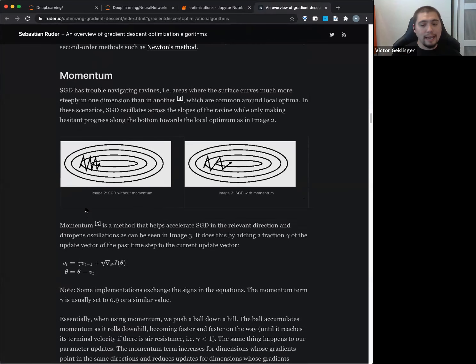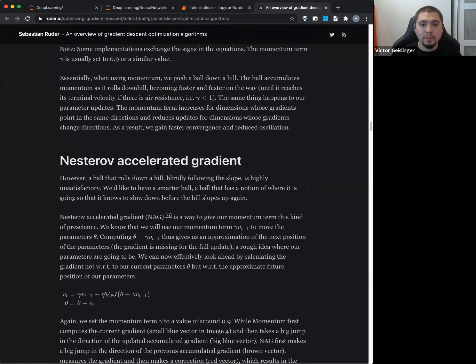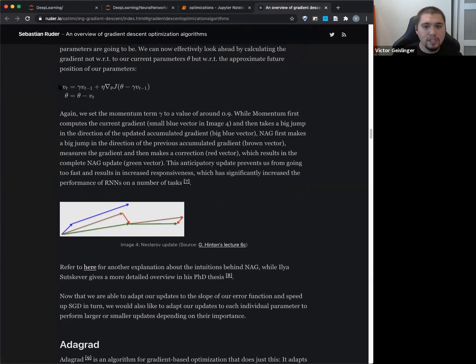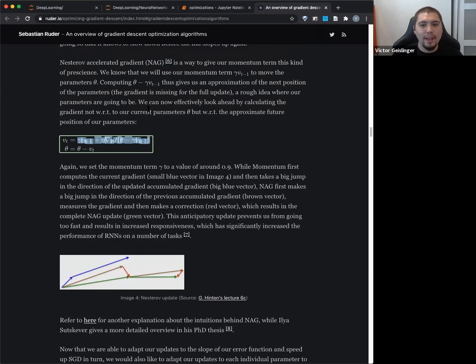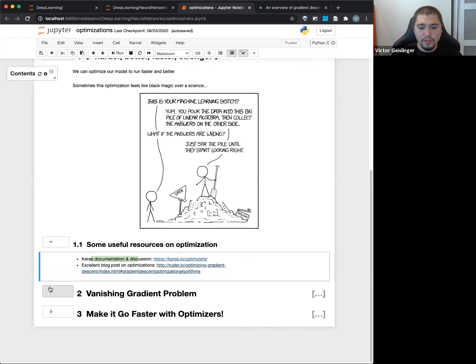So if you're looking for an extra resource on top of whatever the curriculum has and things you've come across, I really like this blog. They talk about a lot of these optimizations, and it's nice. I like when they show you equations, even if you're a little more math averse, which I think most people here are at least interested in looking at the math. It helps to look at the math and see what exactly is going on. What's really nice is that this blog does a good job of explaining it in addition to just showing you the equation, which I think is super helpful. Okay, so yeah, resources.